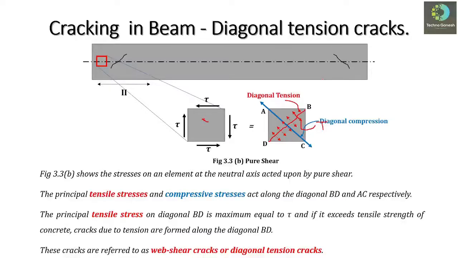To restrict this kind of cracks, we have to provide reinforcement in this zone, and that reinforcement, whatever we are going to provide to resist this kind of cracks, is normally provided in an inclined plane, or sometimes this reinforcement may be provided in a vertical plane, and that reinforcement is called shear reinforcement. So we'll discuss in detail about the shear reinforcement in the further lectures. For now, we'll stop here, and in the next lecture we'll discuss the cause of the cracks in zone 3, or region 3.